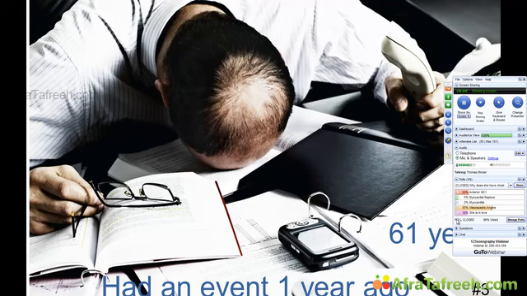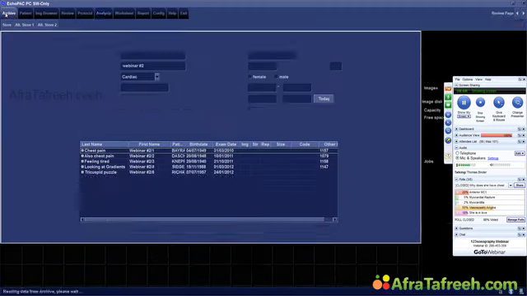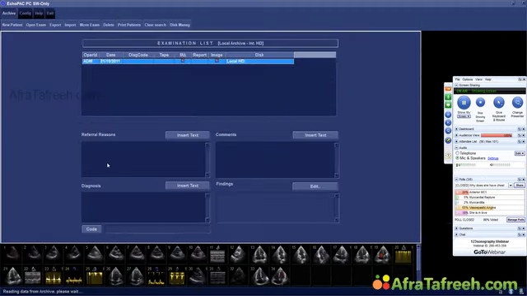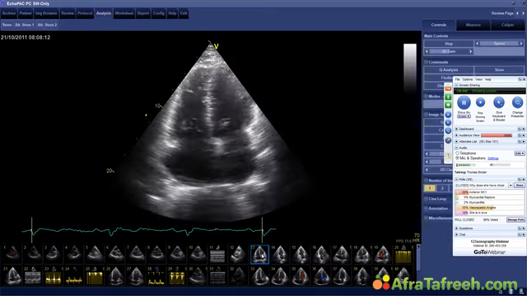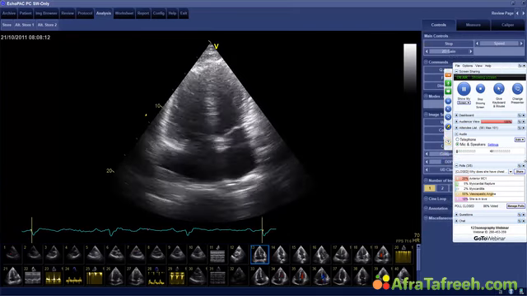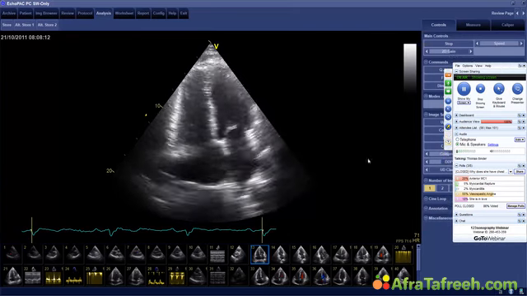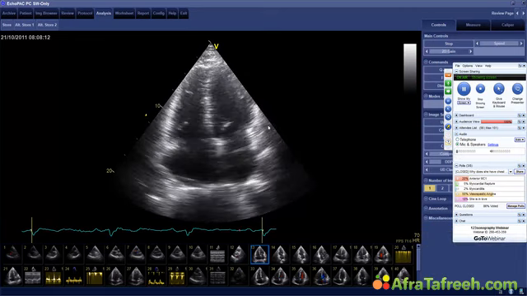So we performed an echocardiogram, and this is the echocardiogram of this patient. Okay, I'll start again. I'll skip the bad images and show you the nice images right away. This is the 4-chamber view. Look at the left ventricle,